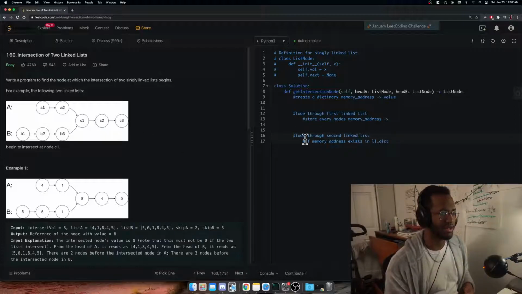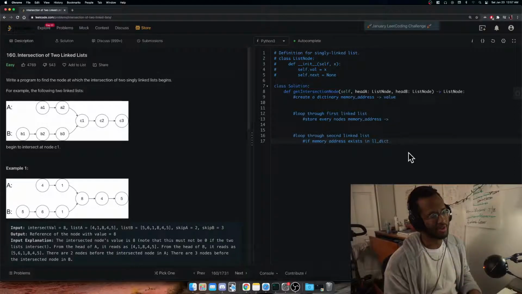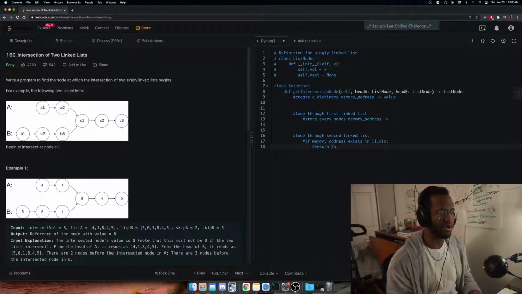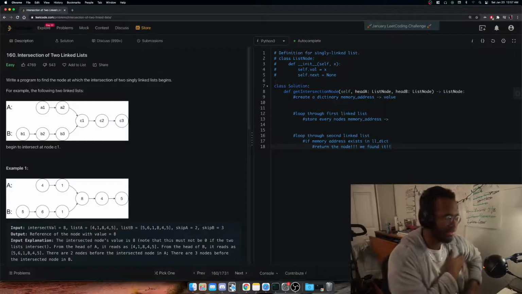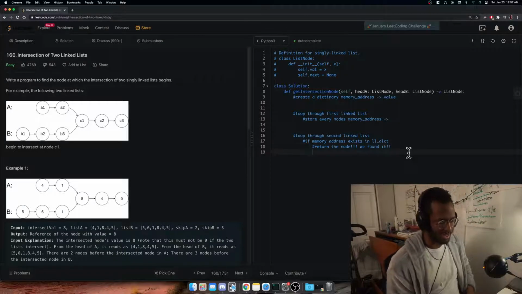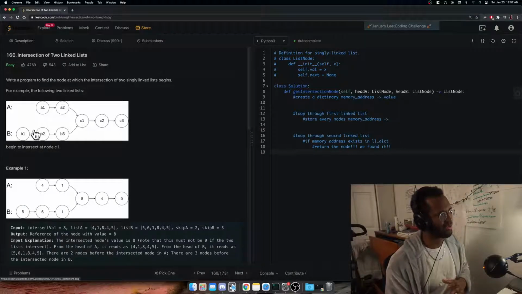And the thing is, since we're looping through the list iteratively, it's going to be a linear iteration. If this ever goes off, it's going to be the first one. So if the memory address exists in LLDict, return the node. We found it. Otherwise, if you iterate through the entire list and you look up every memory address,